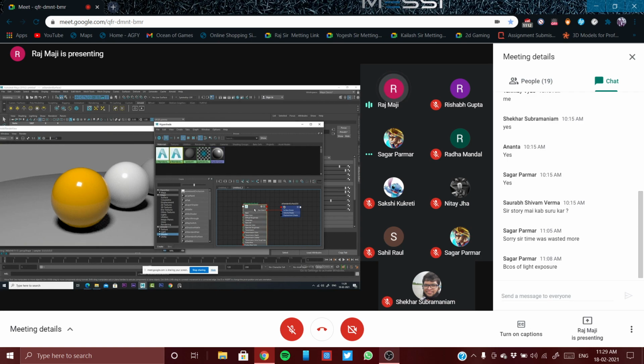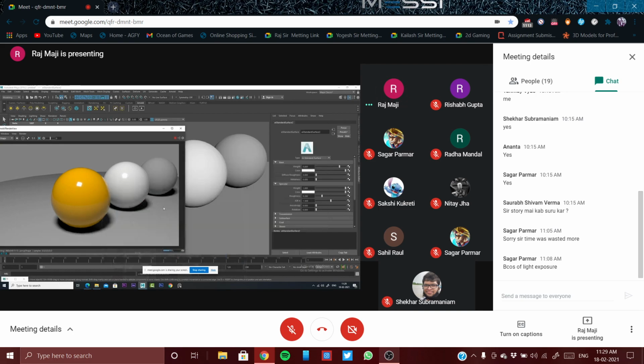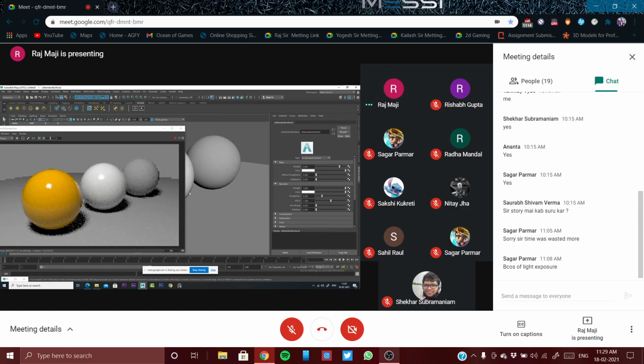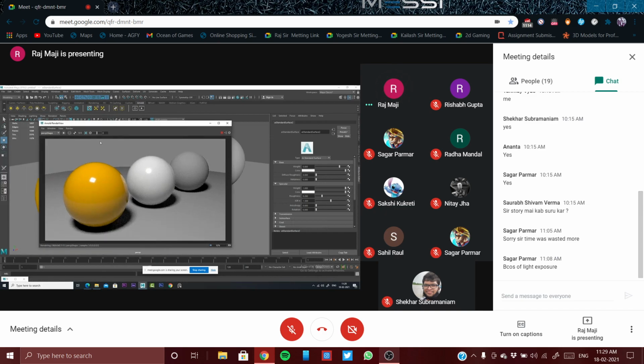Okay, so I have created another material, and let's keep it over here. Okay, AI standard surface 2, and I'm taking maybe the same color of this.